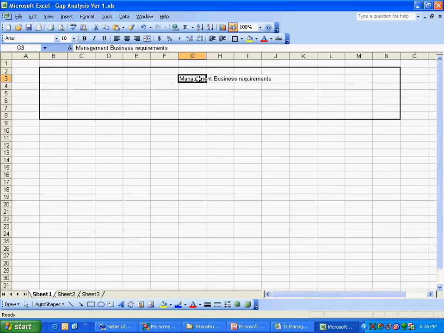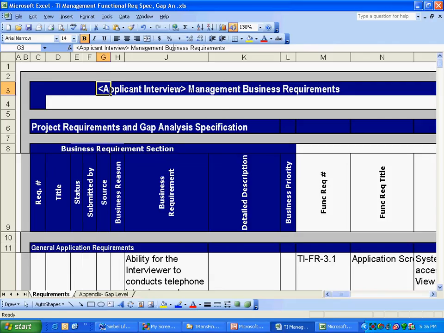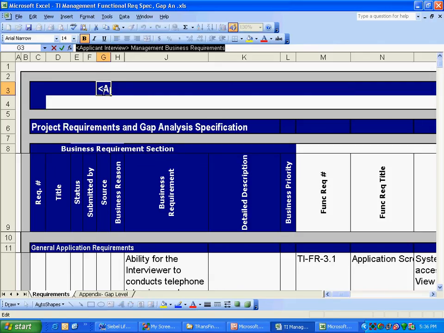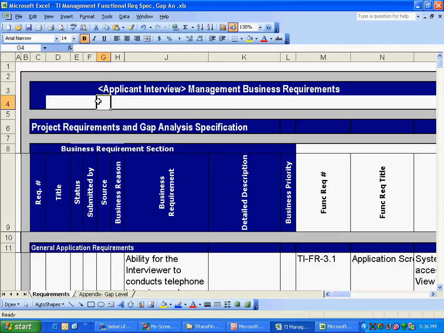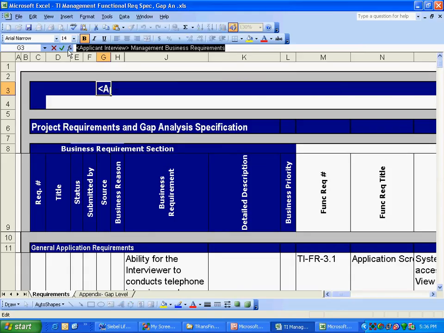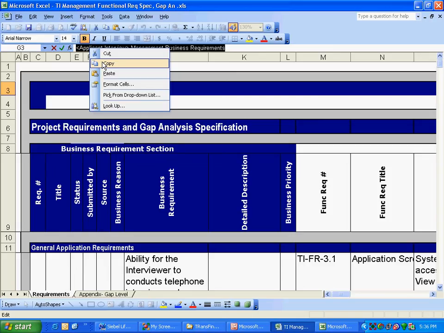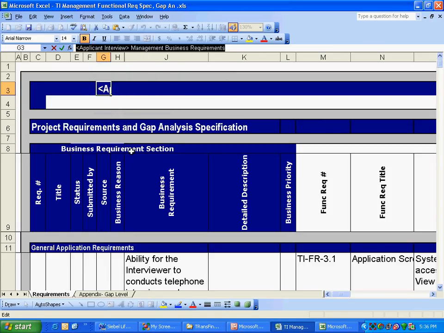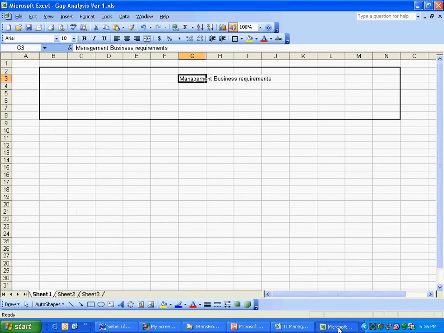Right. So you want to copy the contents from there this time. To copy the contents of a cell, first highlight the cell. Just get out of this cell itself. To copy the contents of that G3 cell, first highlight G3. It will start showing in the top, right here. Copy it from here. If you have selected it, you can click copy, or you can also press Control C to copy. Go to where you want to paste it. Highlight the cell, then click paste. So you can see the entire contents got pasted there.